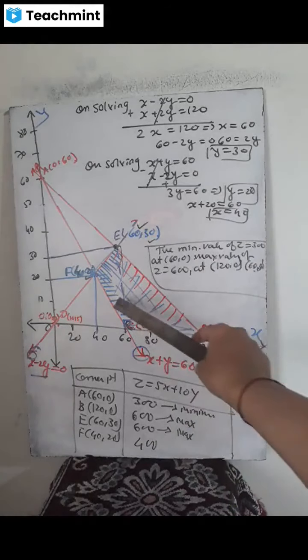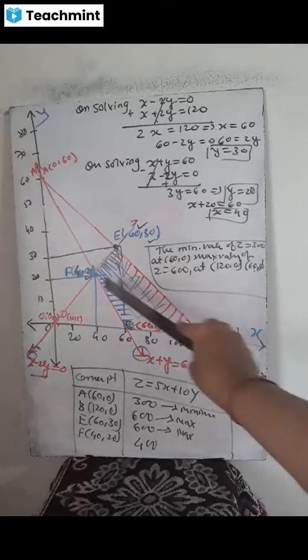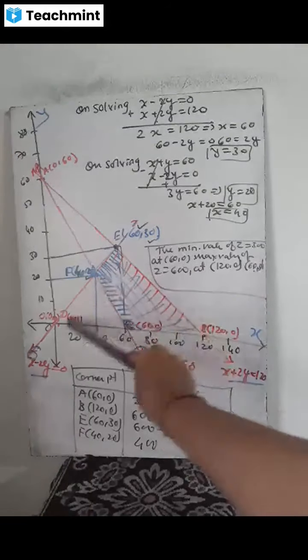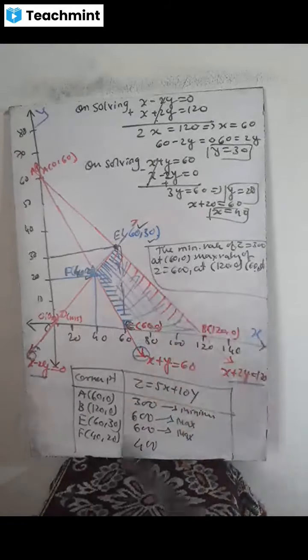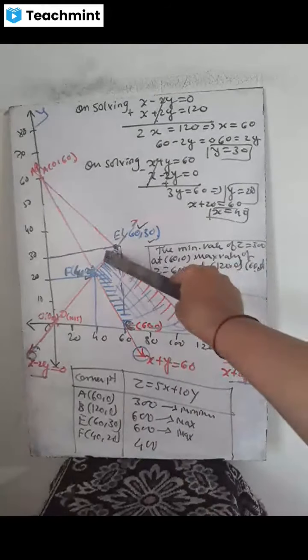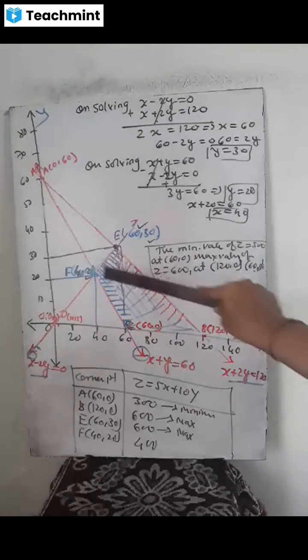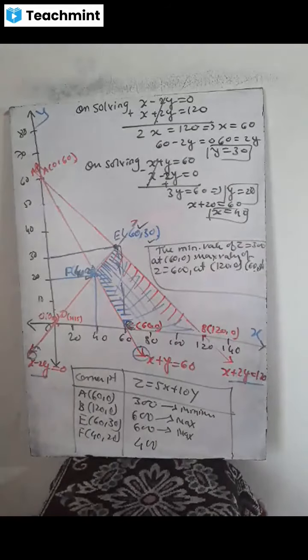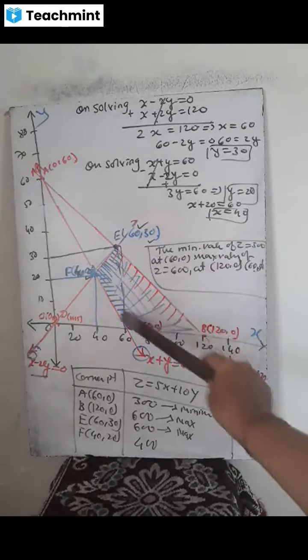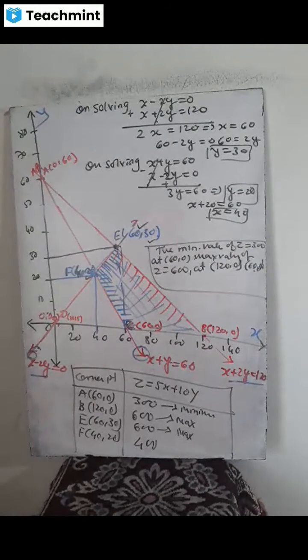That is the second answer you have got. It is false, greater than 0. So it is going away from the origin. The portion is not coming towards the origin, it is going away from the origin. And for the third line, the portion will come towards the x-axis, so we will mark the portion coming towards the x-axis. So in short we come to know that this shaded portion is the feasible region.